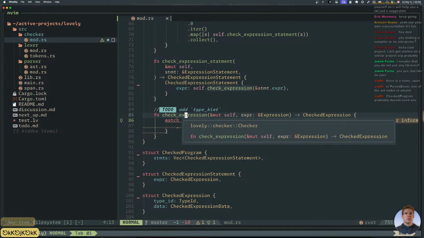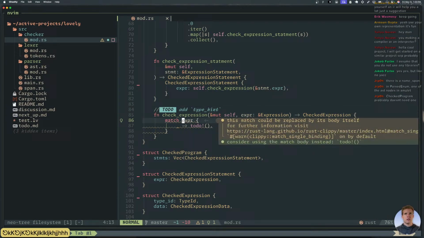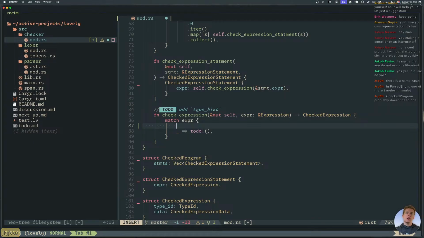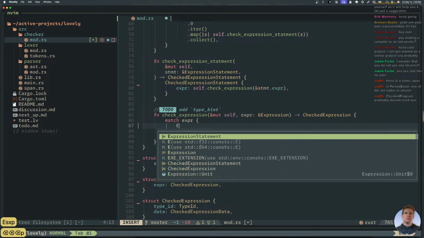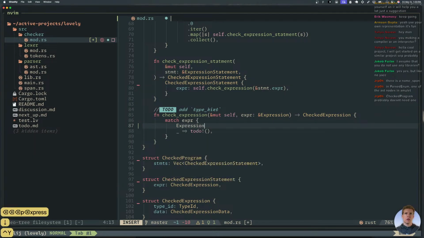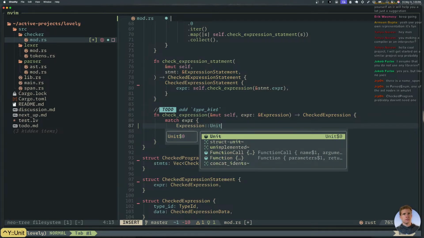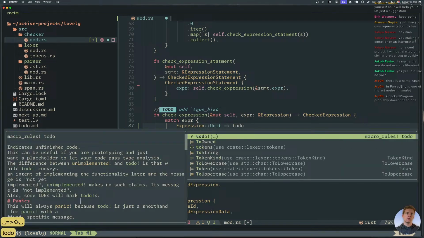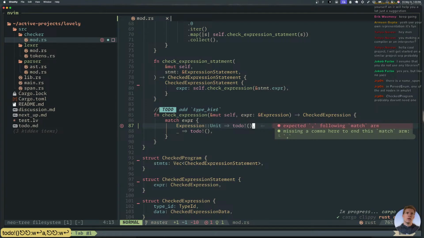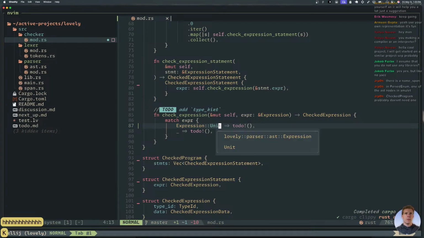So we have this check expression thing. How does one even check an expression? This whole type checker is pretty mind-bending. Well, I guess we just match on the expression and we start with something simple like a unit. If it's an expression unit, we'll do something, right?